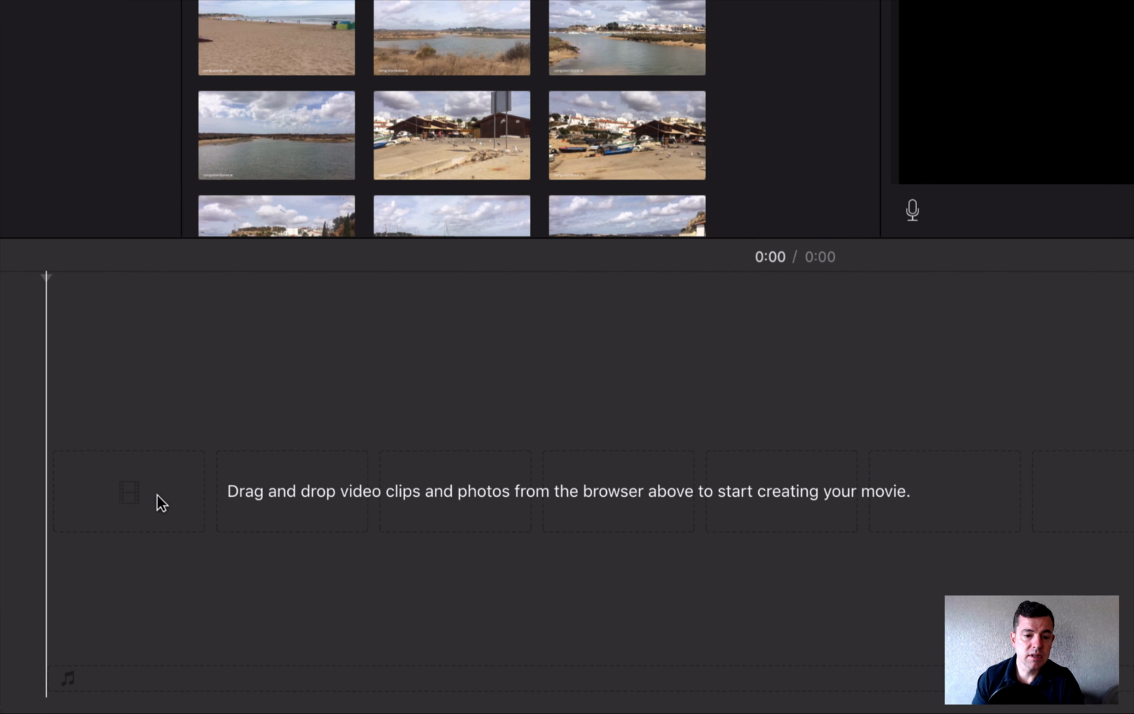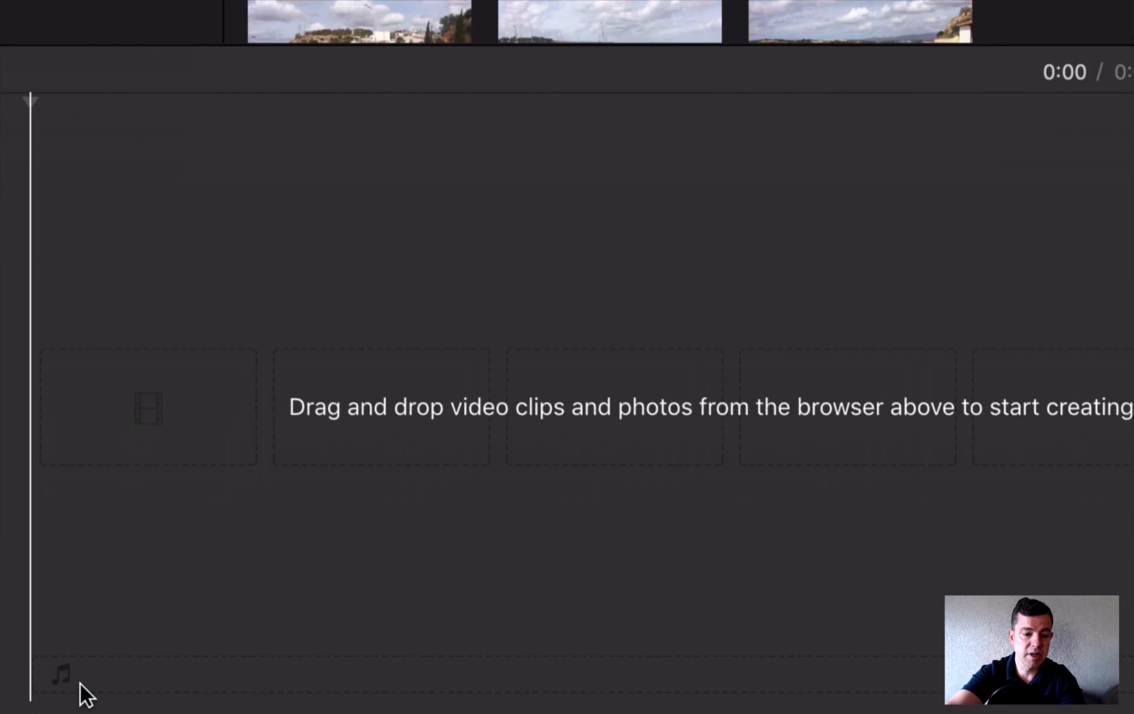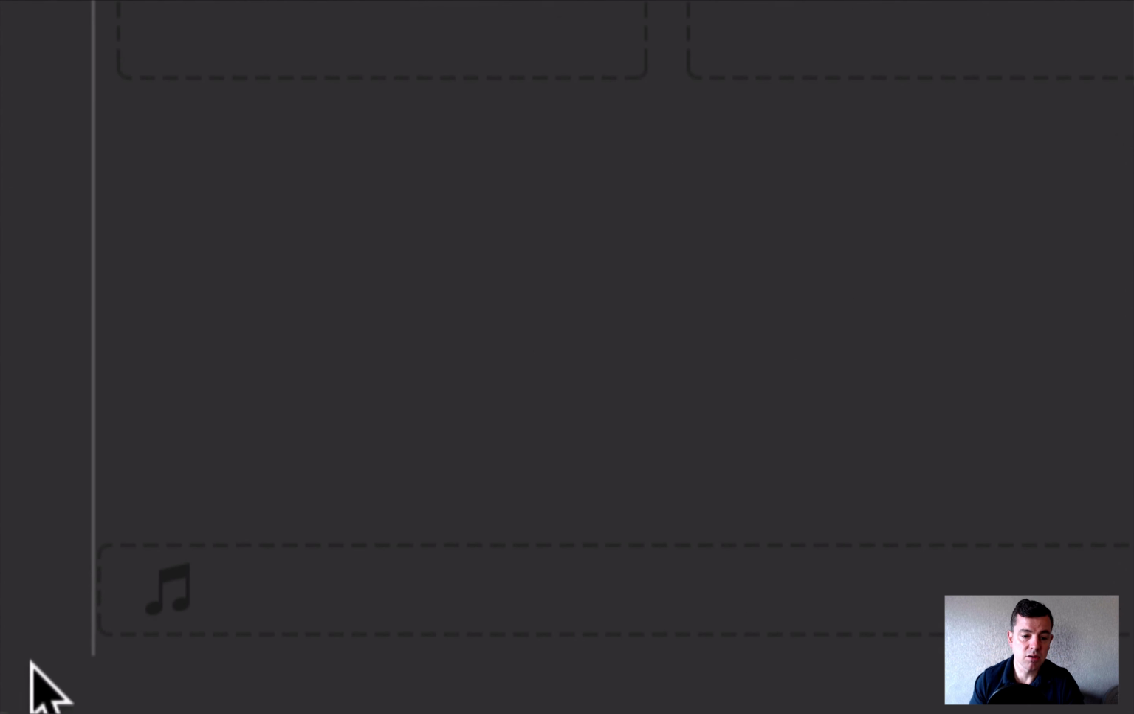Okay, so you can see these are videos. It says drag and drop video clips and photos from the browser. This is the browser you can see here, to start creating your movie. At the bottom, it's going to be very hard to see for you, but you can see there's a small music note. I'll zoom in even more. There's a small music note there,